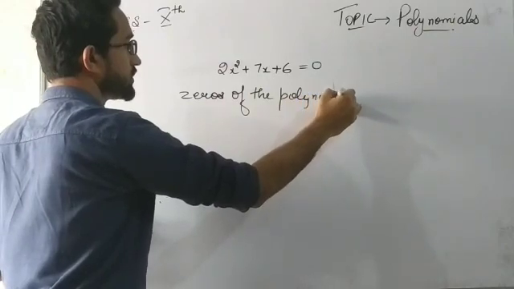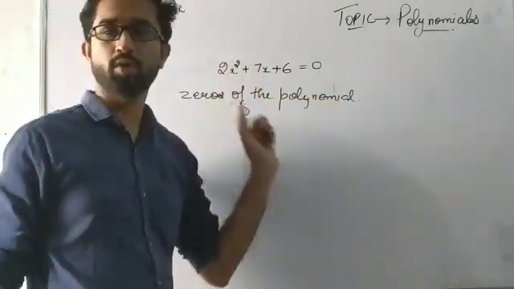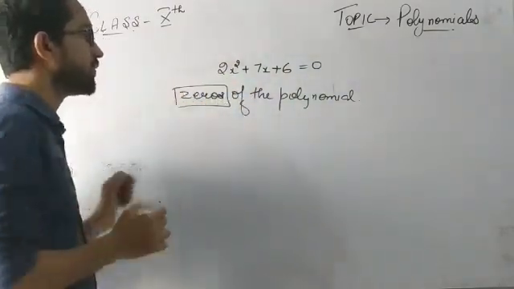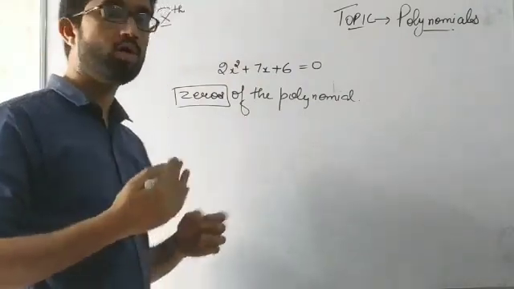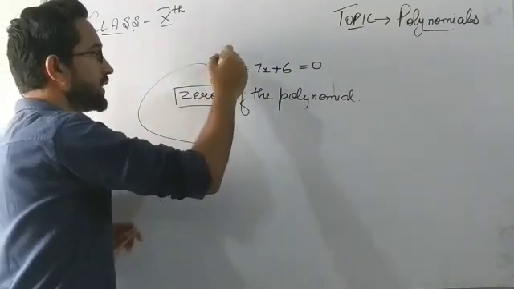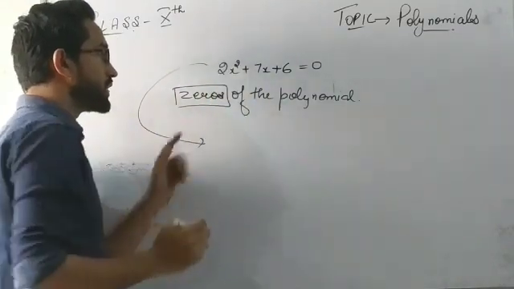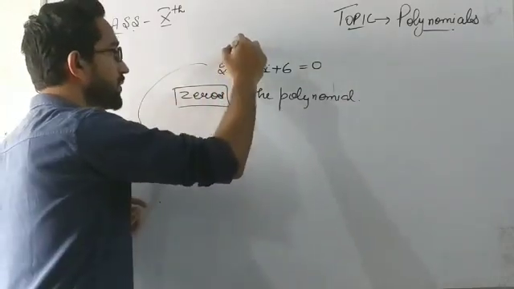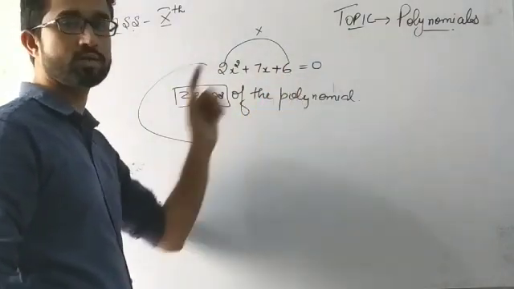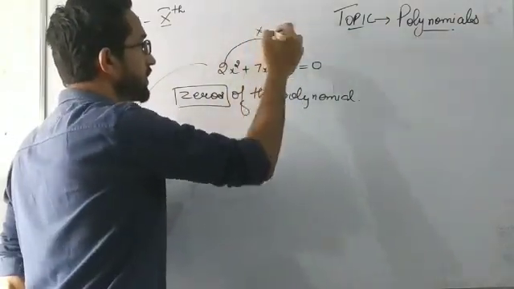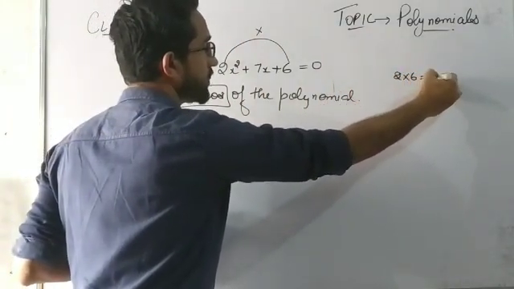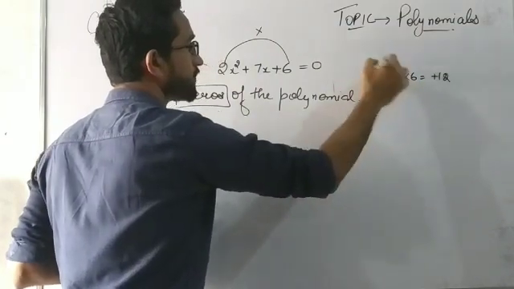Okay, the values of x for which a polynomial becomes 0 are known as zeros of a given polynomial. So let's see how we can get the values of that x. The first thing we have to take care of is that we will take the polynomial, see the coefficient of x squared, and multiply it with the constant, that is, the term without x, which is 6 here. We will multiply this, so 2 into 6 is equal to plus 12. You can call it the product term.